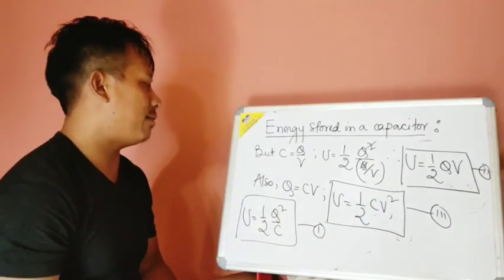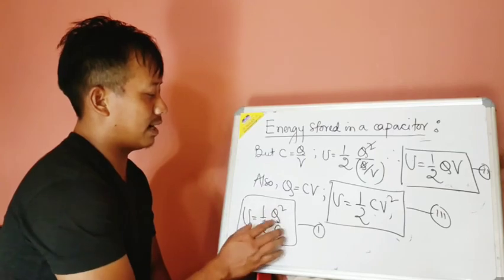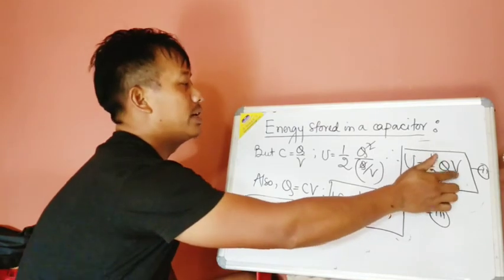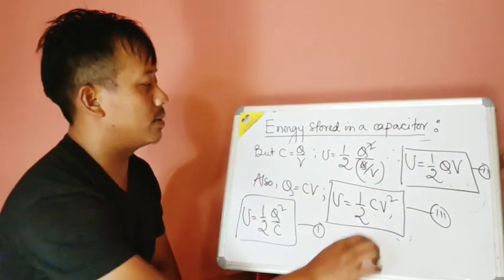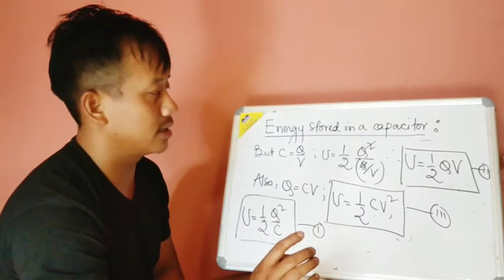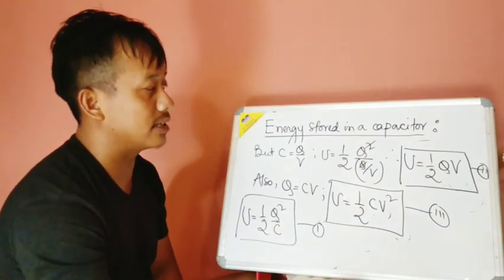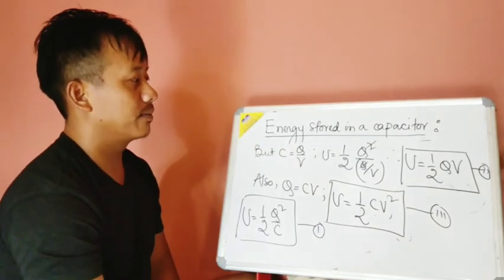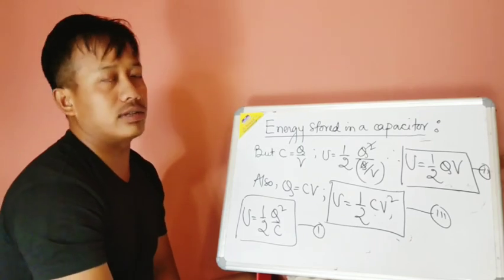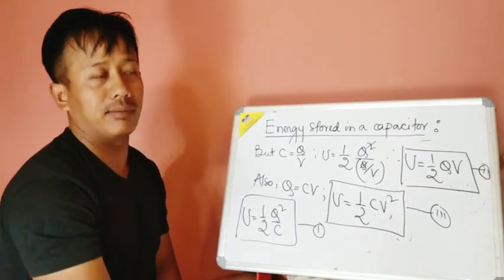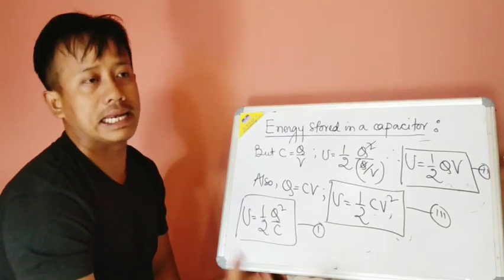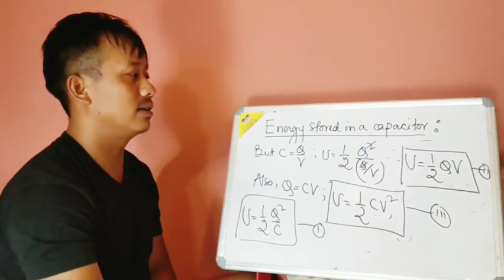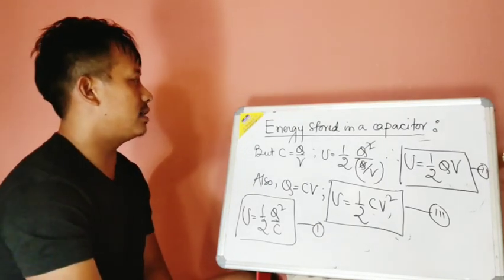Depending on the condition given in the problem, you are going to use either of these 3 formulas. If Q and C are given, use the first; if Q and V are given, use the second; if C and V are given, use the third. The energy is stored in the form of electrical potential energy between the 2 plates. Right? So this is the